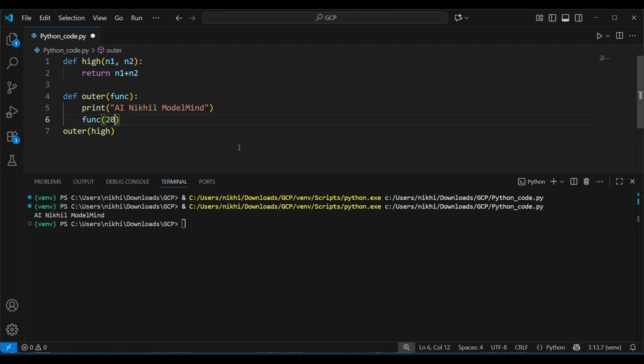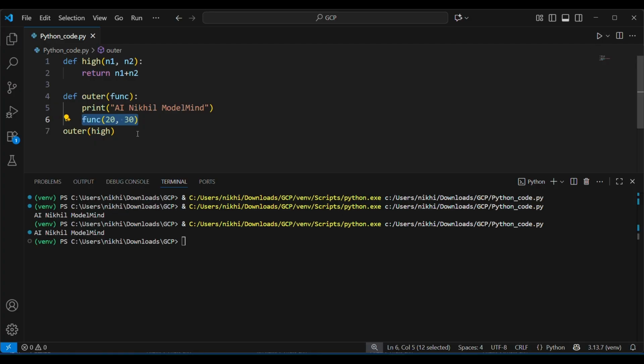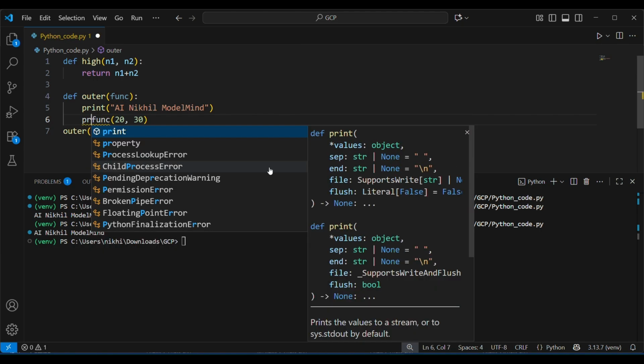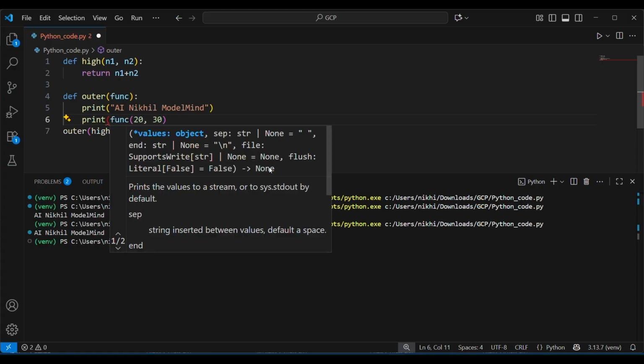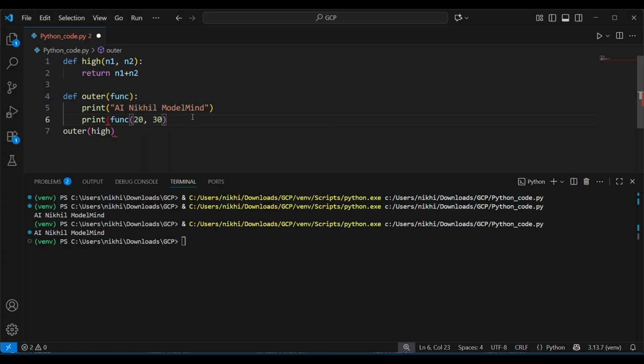Suppose I am giving 20 comma 30, and it will give the object of that function. Let me show you. It will give the memory location object of that function, and you have to print it, because we used the return keyword. So when I run this and clear this screen,